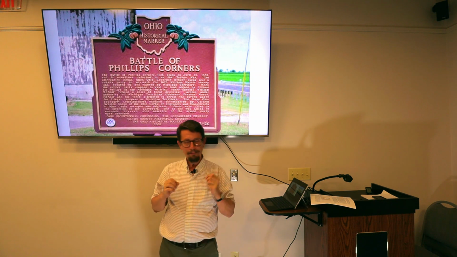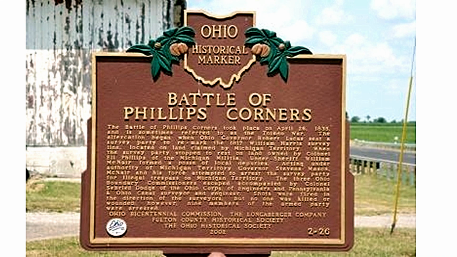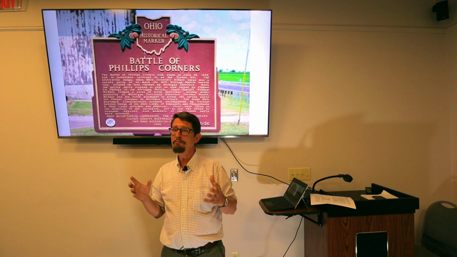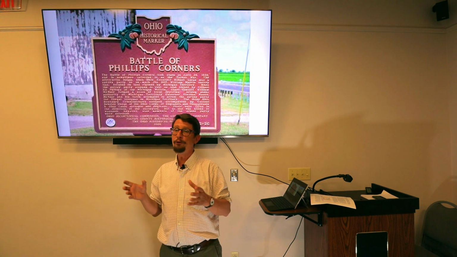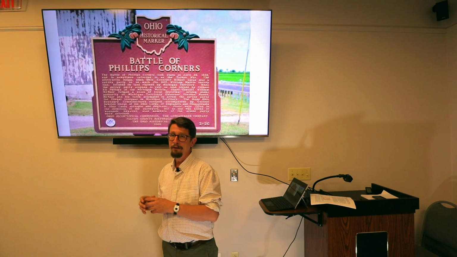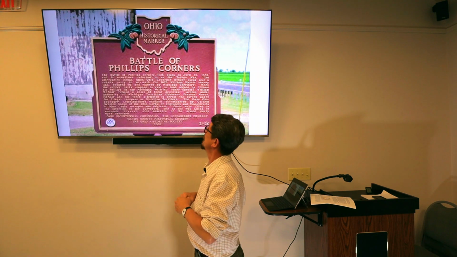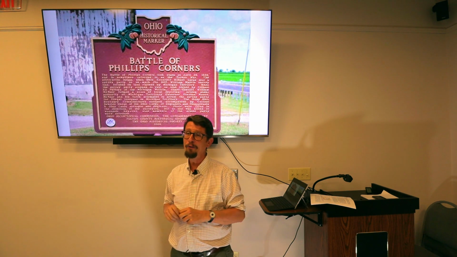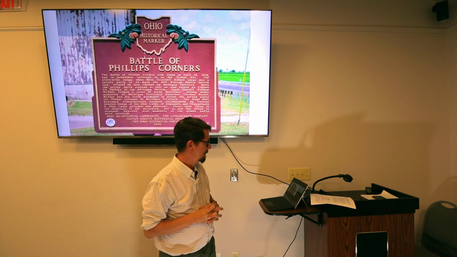The Battle of Phillips Corners. Governor Lucas sends some surveyors into the Strip to resurvey. Now, Congress is all for this because they don't want to have anything to do with it. Well, Michigan gets wind of this, and they send troops in to stop this survey. And at Phillips Corners, the militia of Michigan captures 90 people, of which 9 of them are the surveyors. The rest of them head into Ohio. And it's the first battle and the only battle of the border war.